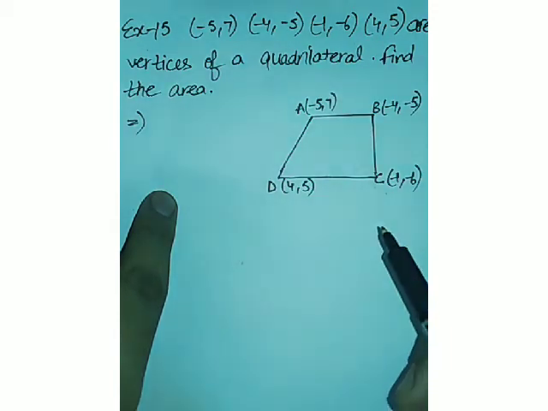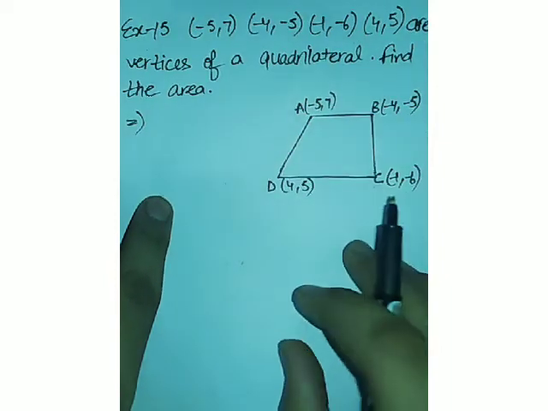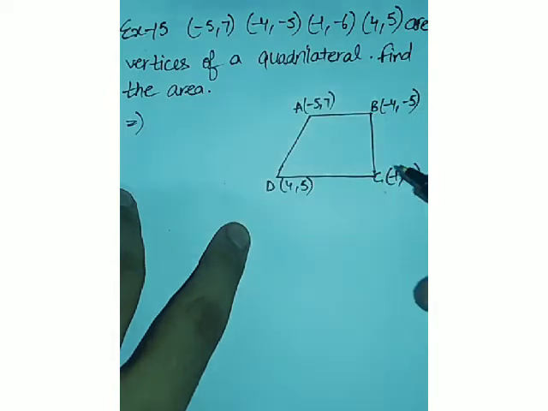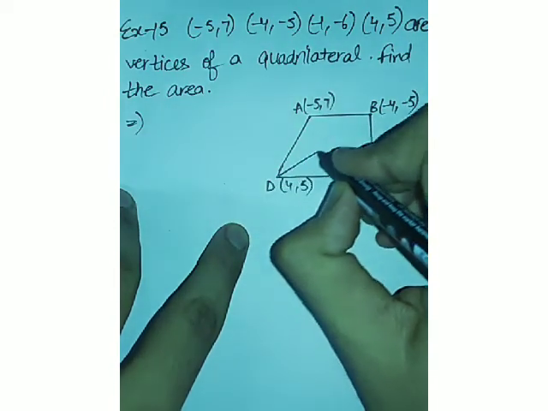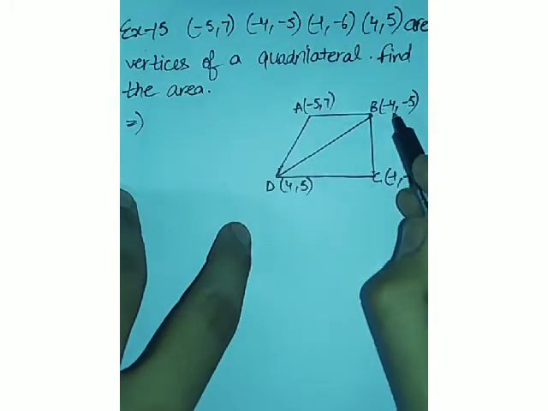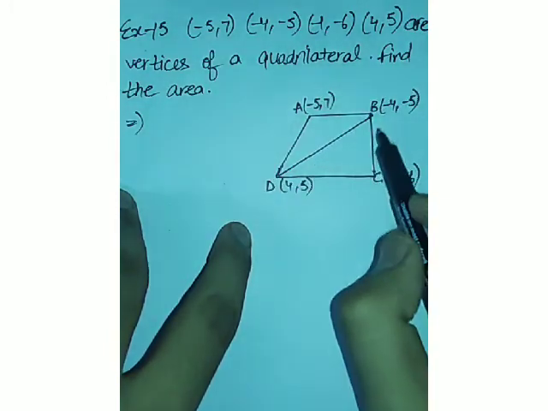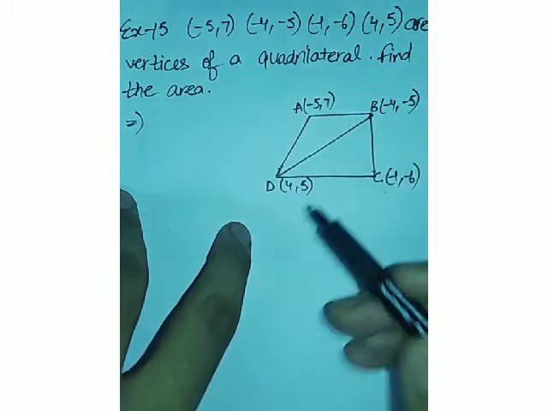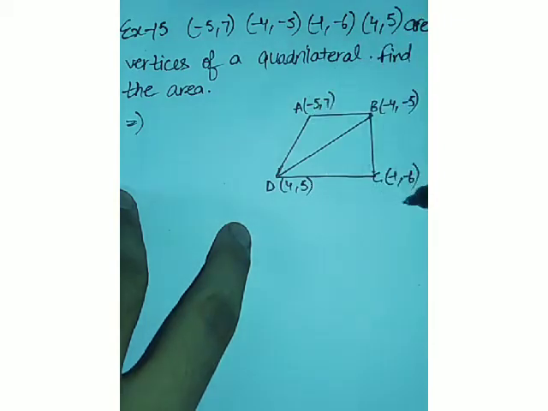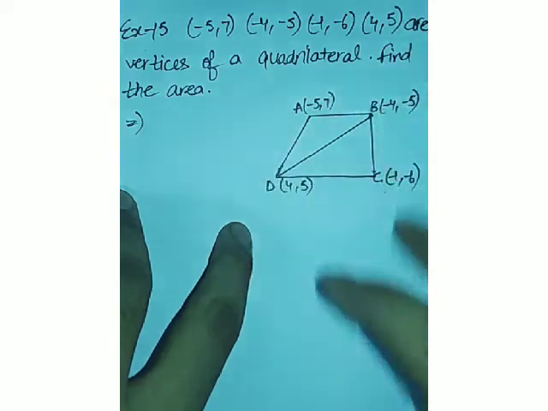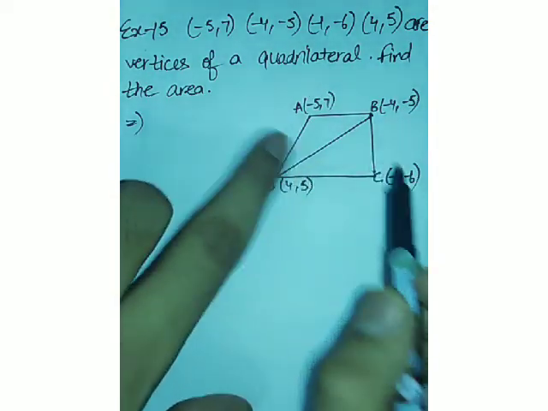Now you know that we don't know as such the area of any quadrilateral, so we will be using the area of triangle formula only. Alright, join AC or BD. In your book they have joined BD, so for your convenience I am doing the same. When you join BD, the quadrilateral will be divided into two triangles. Now you can find the area of these triangles very easily. If you connect AC, then again it will be divided into two triangles, and you can find the area of those two triangles very easily, and then you just have to sum up the areas.